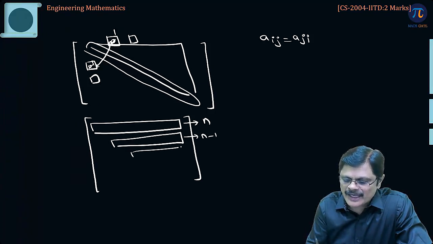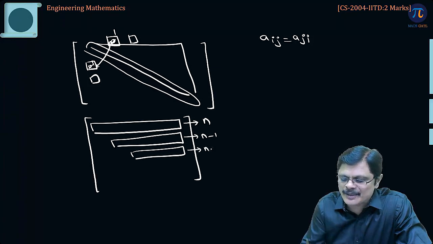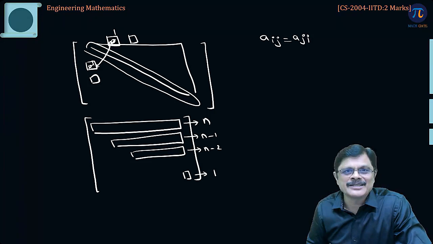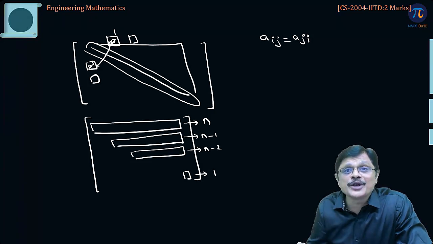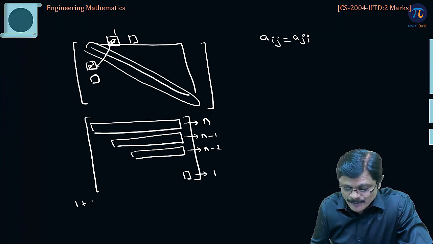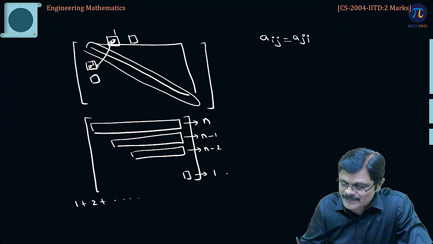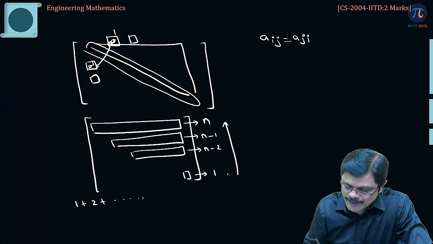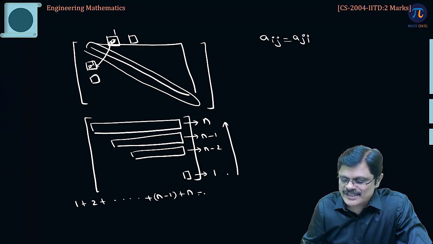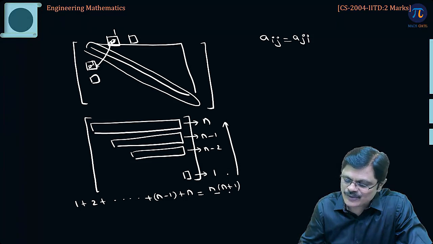In the next row, n minus 2 elements. And continuing, in the last row, I need to fill only 1 element. So how many elements do we need to fill? It is 1 plus 2 plus and so on, up to n minus 1 plus n, which is the sum of the first n natural numbers,